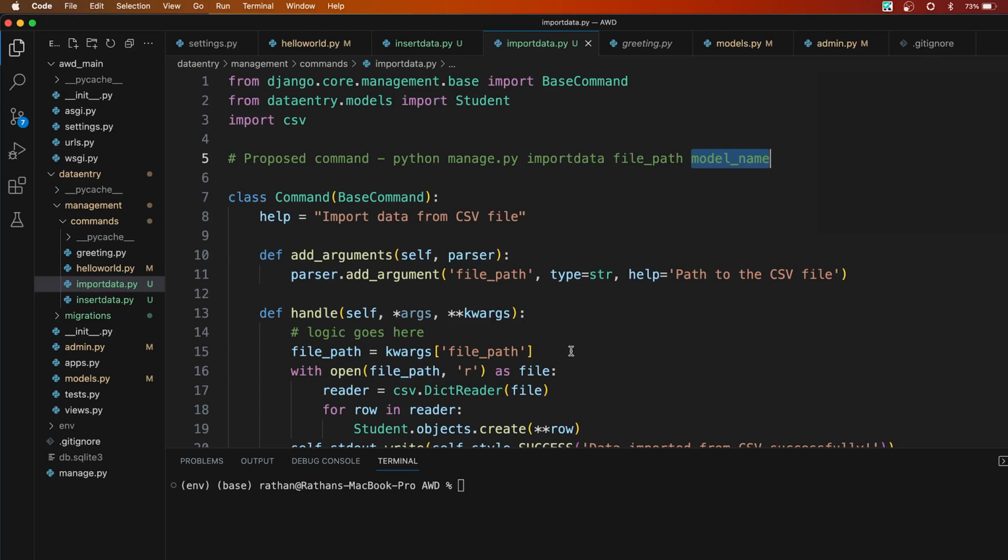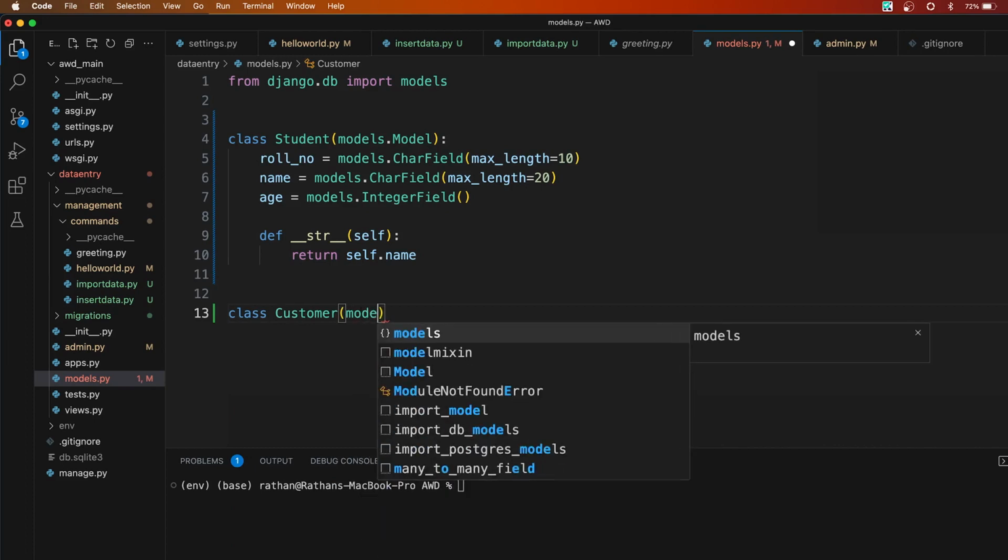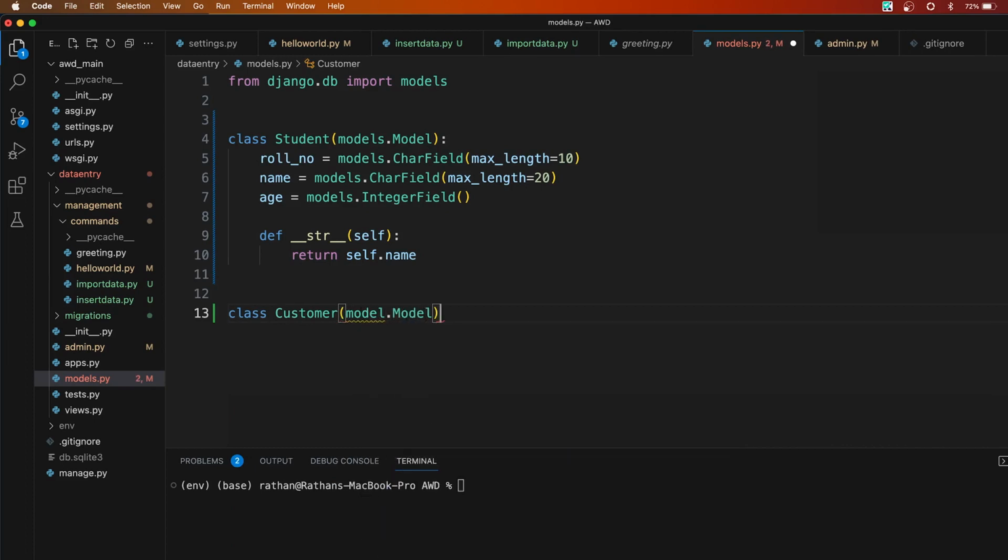Before that, one very important thing you should always remember: your CSV column header must match your database table's field names. Currently we only have one model. What we have to do is create another model, let's say class Customer, which extends models.Model. Let's say customer ID, and we will go with customer name equal to